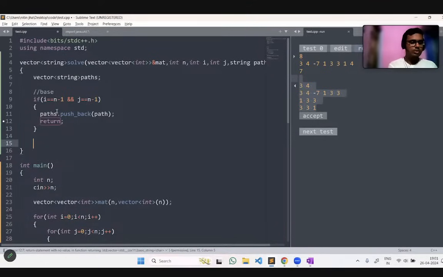You do not have to return from here only. I think we have to create a vector of answer also. Let me create it globally because we are doing the backtracking part.